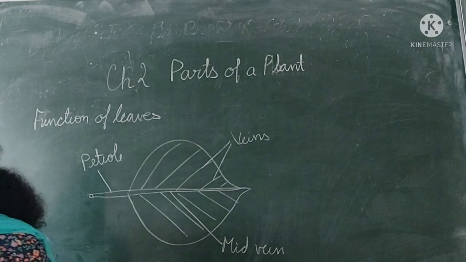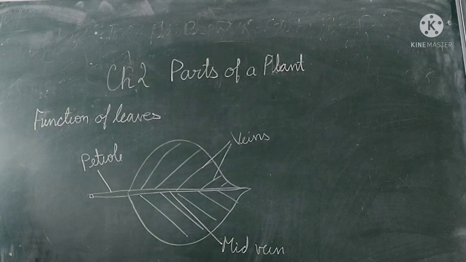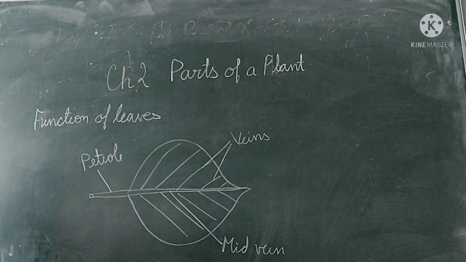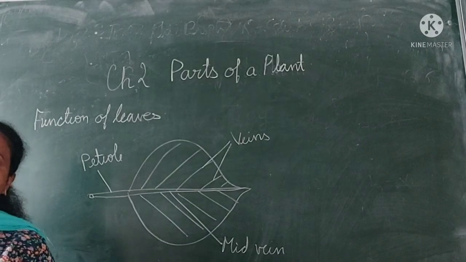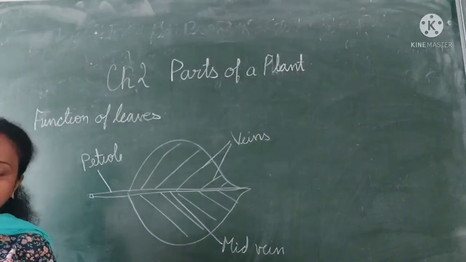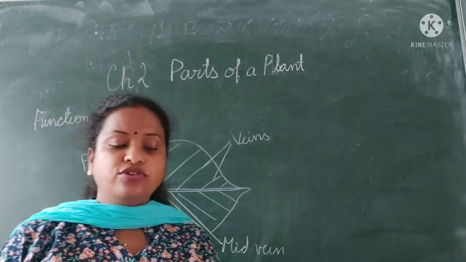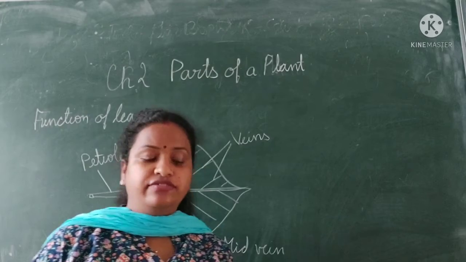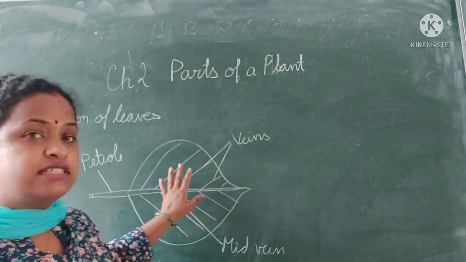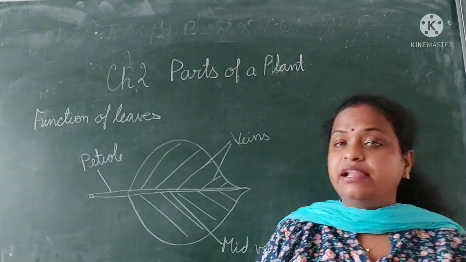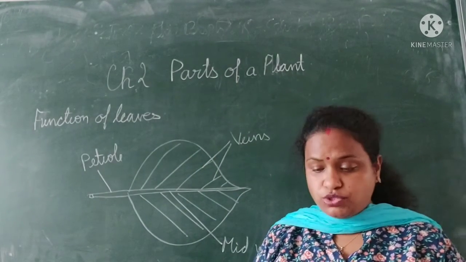Okay. For whom does it prepare food? With whose help does it prepare? With the help of carbon dioxide, water, chlorophyll and sunlight. The process of making food by the plant is called photosynthesis. Plants breathe through the tiny pores called stomata present on the surface of the leaf. Where are stomata present? They are present on the surface of the leaf. You cannot see them, you can see them with the help of a microscope.